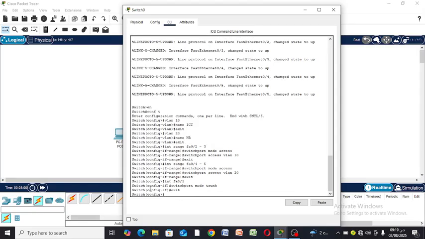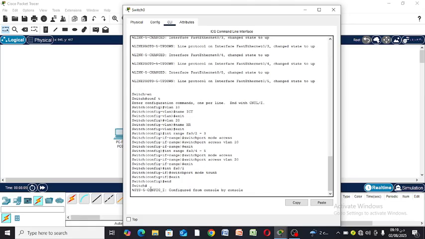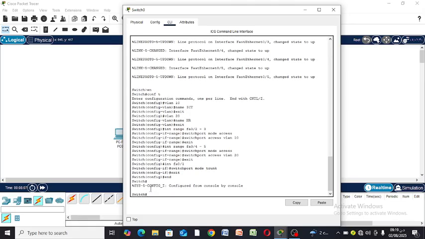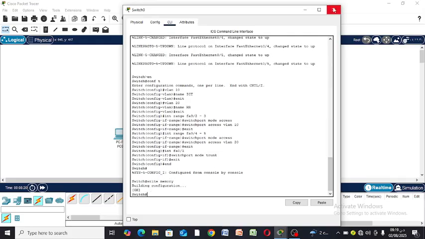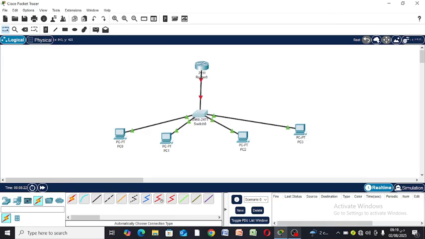That's the major road. So I've exited. Then the next thing is to end it. So I've saved it. Anytime you are working on a switch, make sure you save it. So write memory, then that is the final configuration for the switch. So the next thing we're going to do now